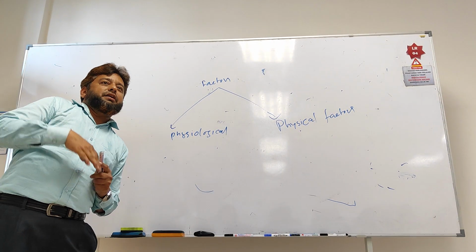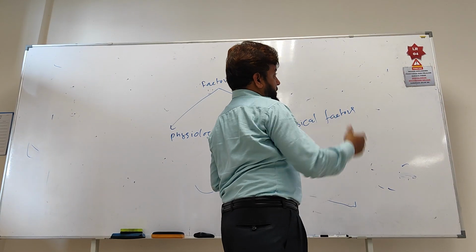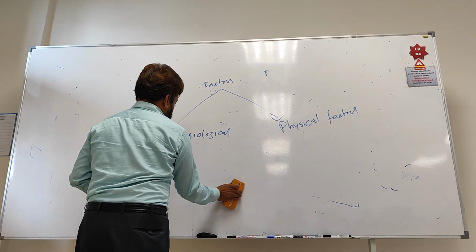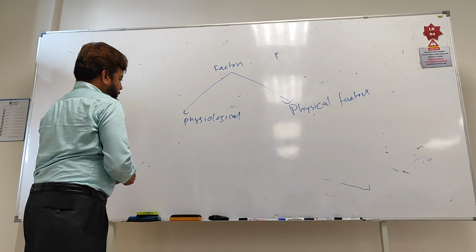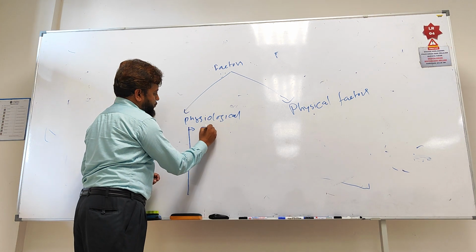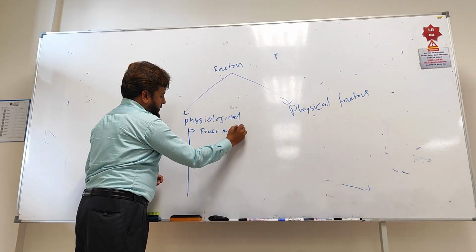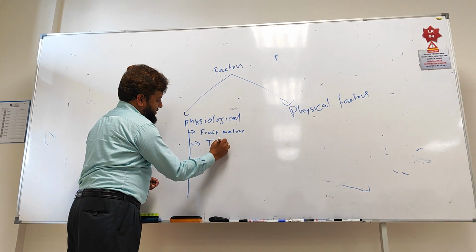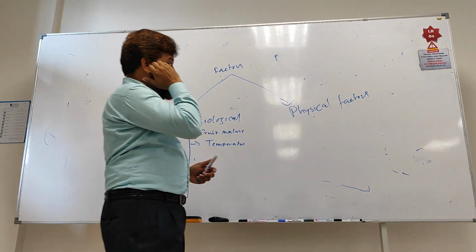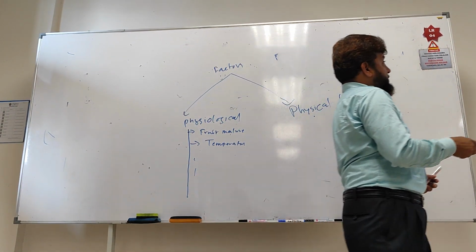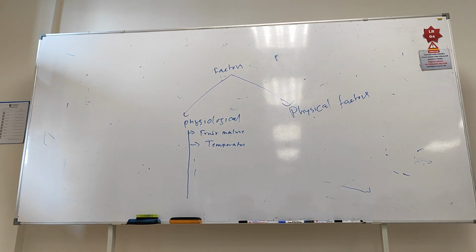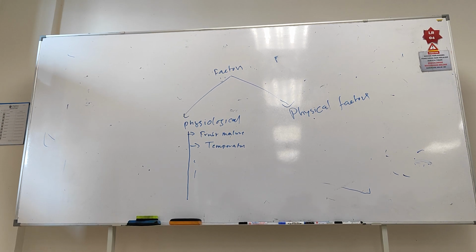For number one, we can see the fruit maturity. For the physiological factors, number one is fruit maturity, and number two may be temperature, and there are some more. Here we can see this fruit maturity can affect the fruit ripening. If you harvest the fruit early,